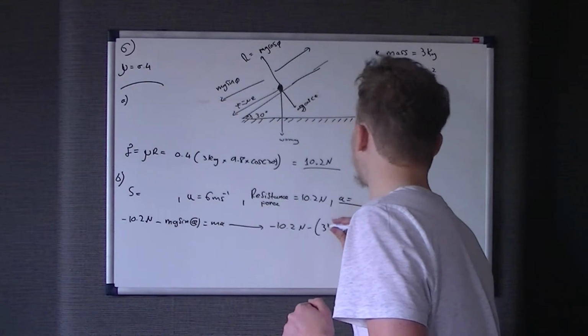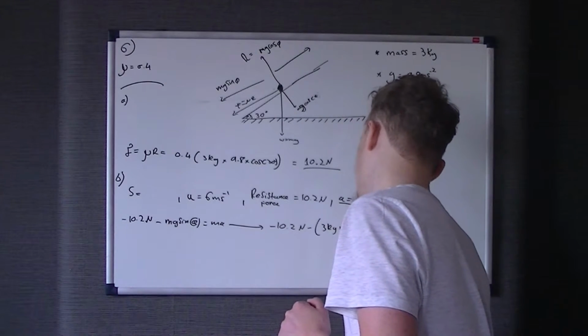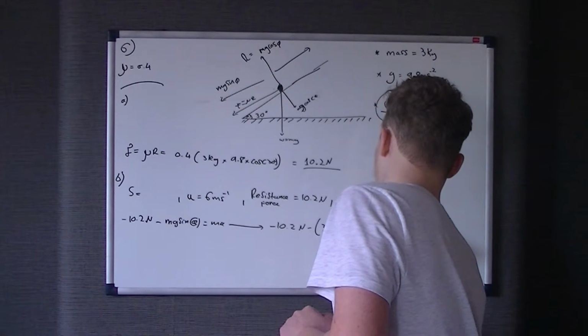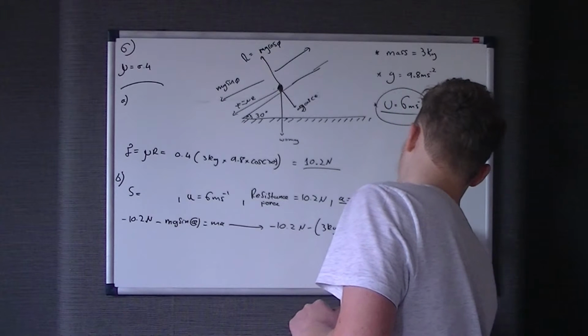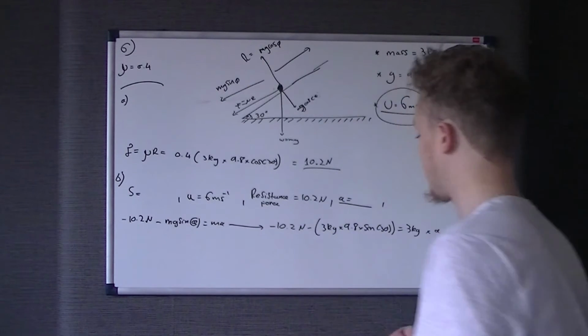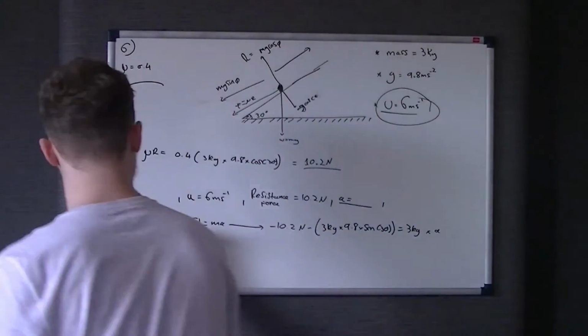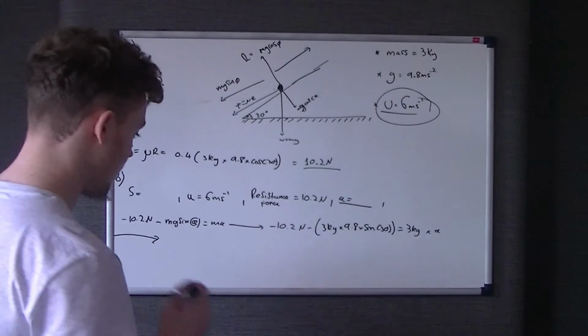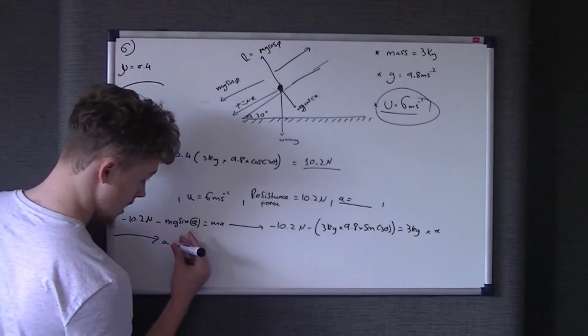m, which is 3 kilograms times 9.8 times the sine of 30, is equal to the mass times acceleration, or 3 kilograms times a. Obviously that a is going to be negative because we want that to bring it to a stop from 6 meters per second. Okay, so you work all that out, divide it all by 3, so therefore we get a is equal to